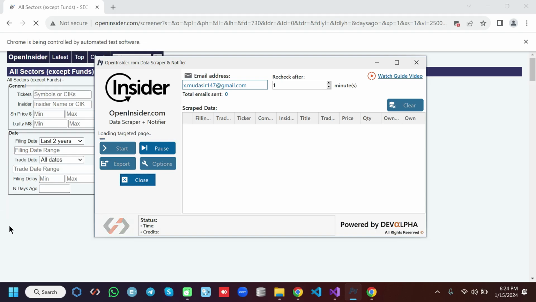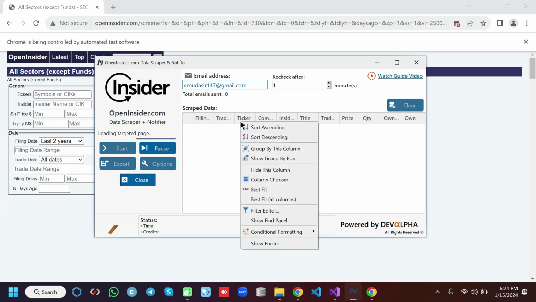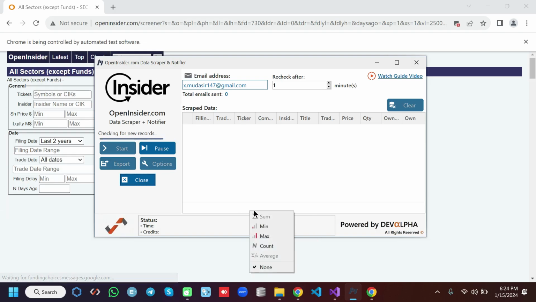It will first load the page. You can also count, it's not important. So it is now checking for new records. Okay, it hasn't found any new record. That's why it is making itself wait for the given time, and after that time it will reload the page and